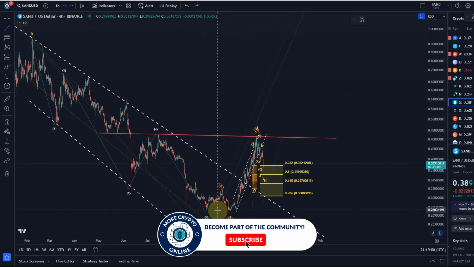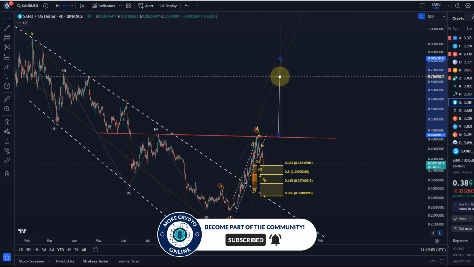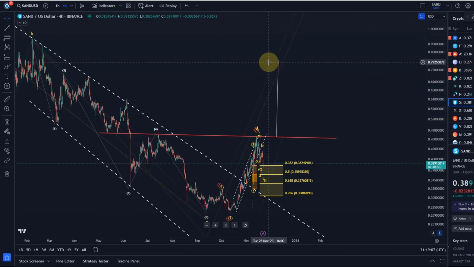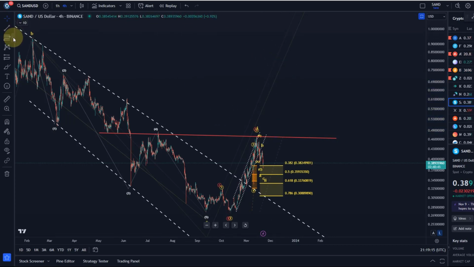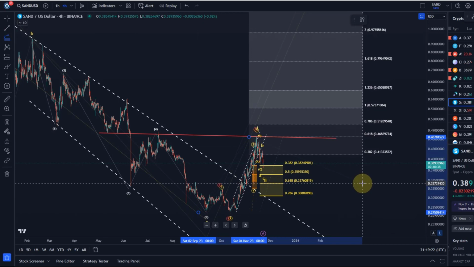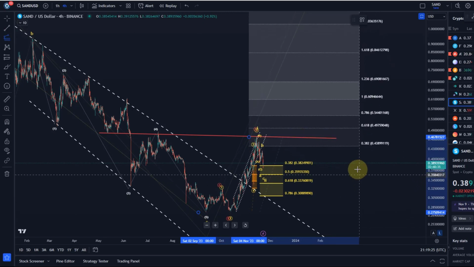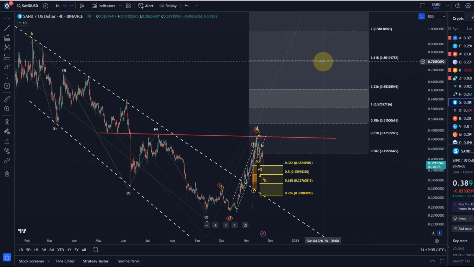Interesting. So we have here the height of the head. We add that to the breakout point, and that takes us to around 79 to 80 cents as a possible target. Now, that's not really a way to calculate targets that I use, but I use it for confluence. What we can use is the length of this wave 1. We go to the low of the wave 2. Again, it depends on where exactly the wave 2 will land, so it's not really clear yet, but let's assume it lands down there at the golden ratio, then 80 cents for the 1.618 extension, which is one of the ideal targets for a potential third wave.